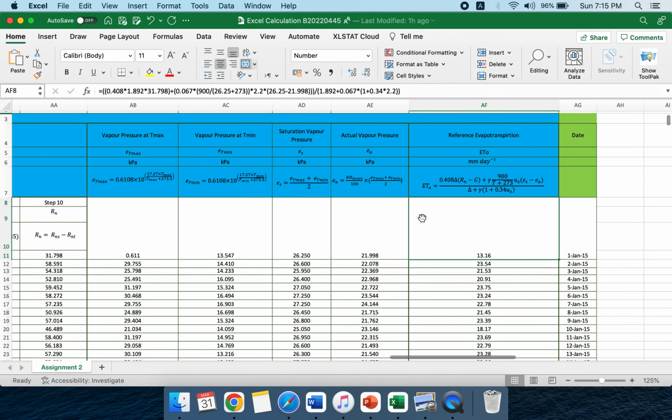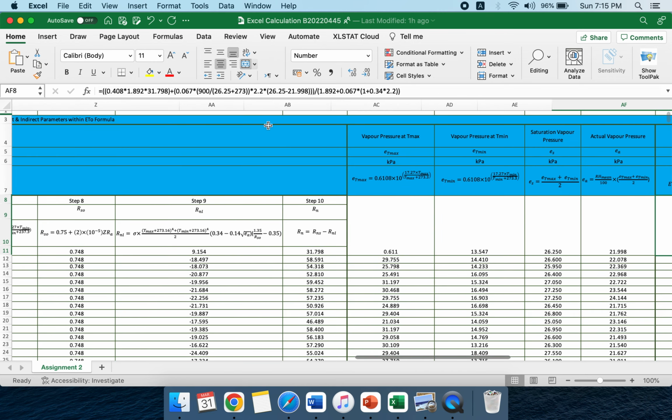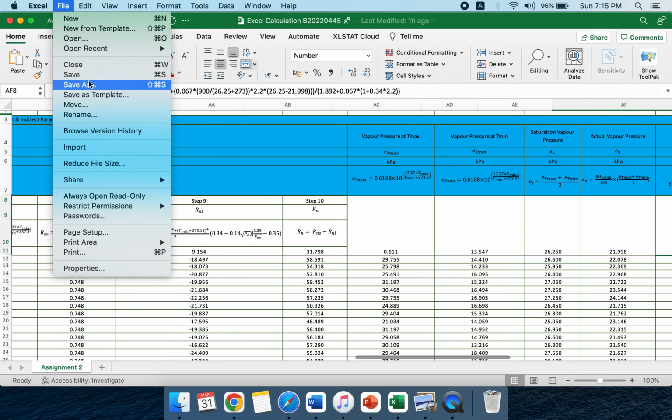Okay, so when I shared this Excel sheet to you, you have to duplicate this document first, duplicate. Okay, for me I just save it as